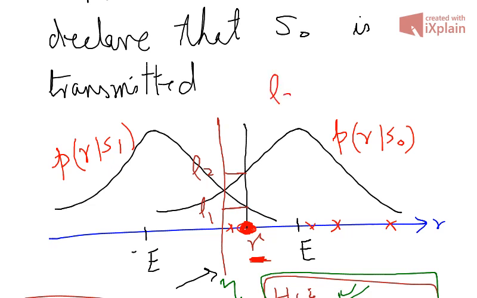For all these points, L2 would be greater than L1, which means hypothesis H0 is true, or the received signal represents S0. Right? Now for all those points which are towards the left of this threshold,